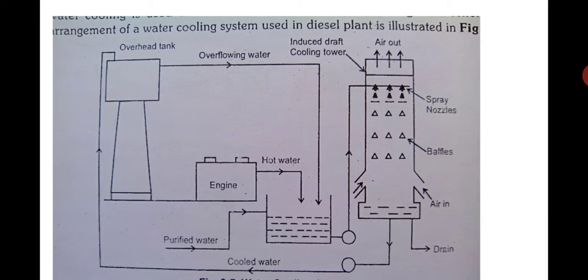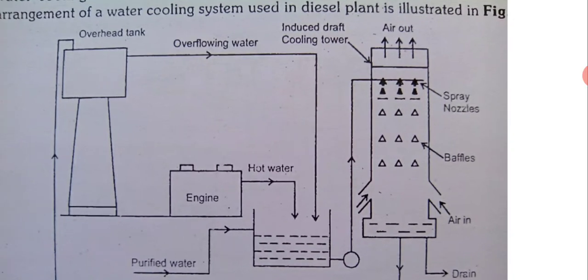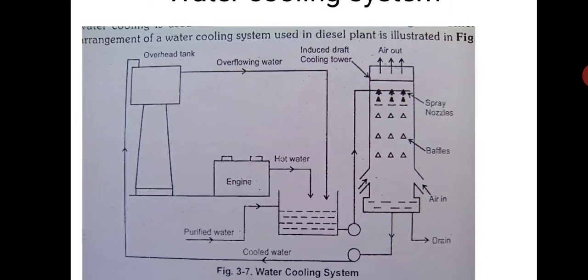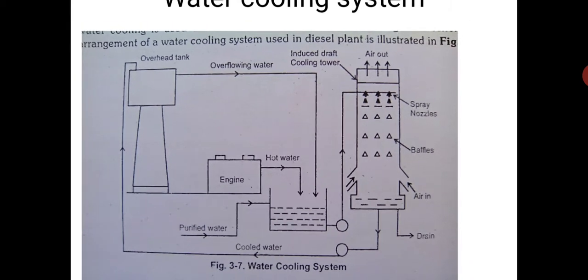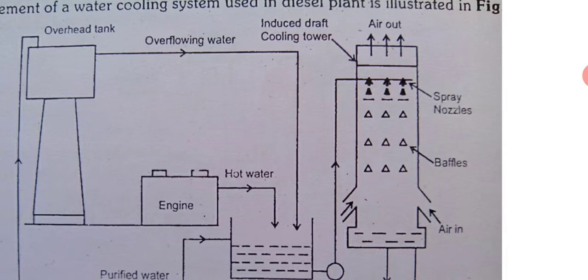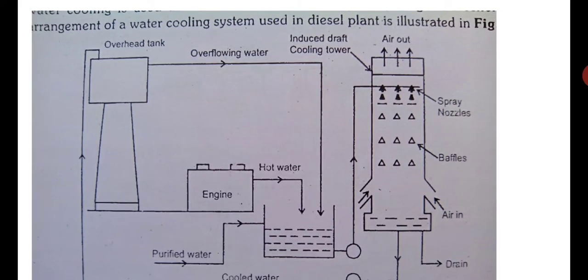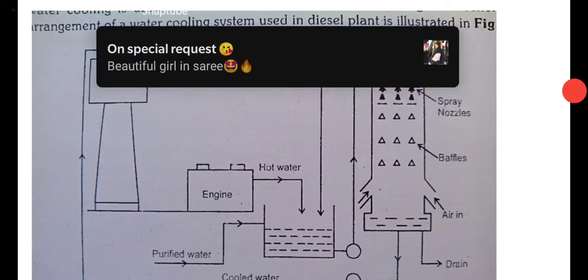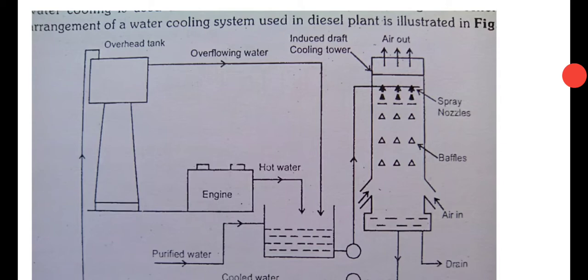This water which is pumped into the induced draft cooling tower is sent in at almost 50 to 60% of the height, and there are spray nozzles. So when the water from the pump comes out, it comes out in the form of a fine spray, like in a hair cutting salon they spray water on your hair. Also, this cooling tower being tall has baffle plates, like wooden plates, so that there is retention time for the heat exchange to take place from the hot water to the cooled air.